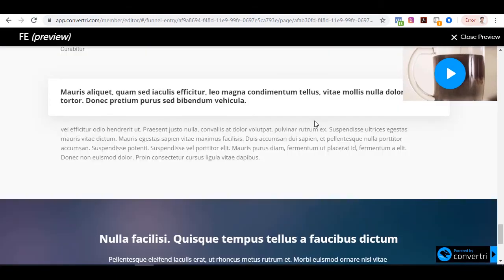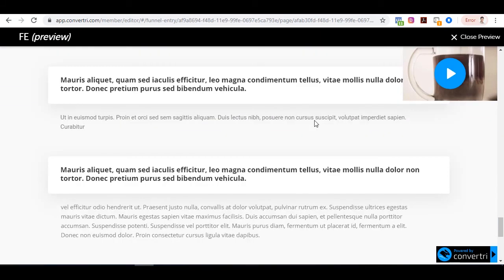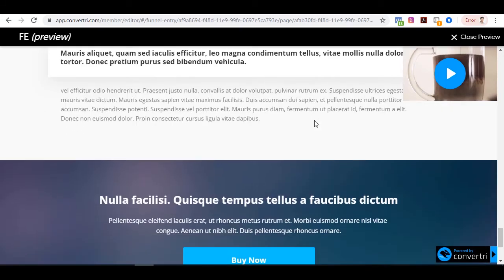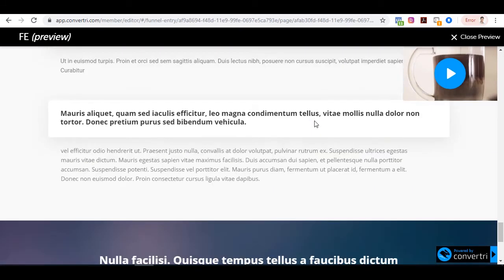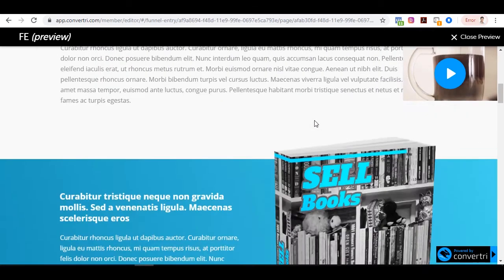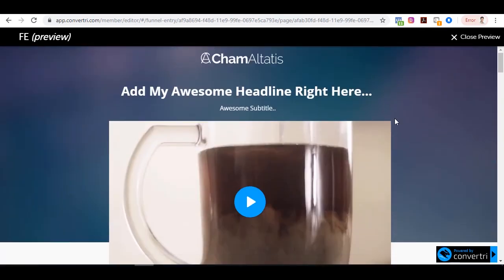And I can say that the page loads really fast as well, faster than my WordPress site. In my WordPress site, I'm using SiteGround as my hosting, and they have a decent speed, and I'm even using Max CDN to make things even faster. My WordPress site is doing good, but I can say that Convertri is even faster when it comes to loading pages. Like I said, I'll not show you all the features for now,